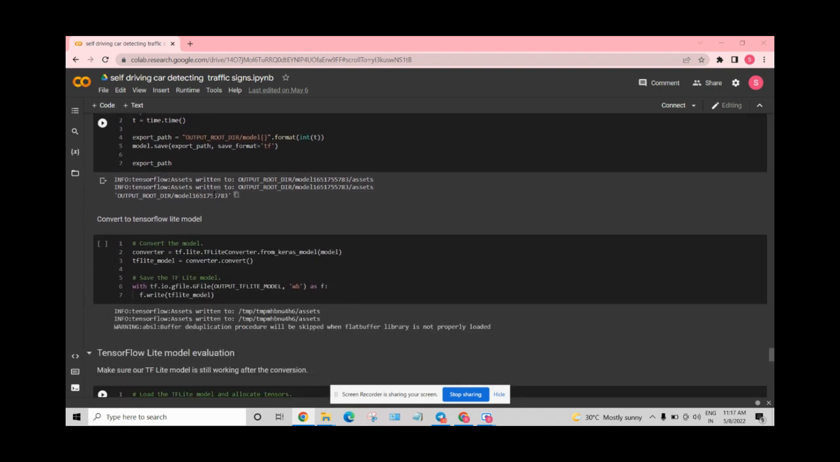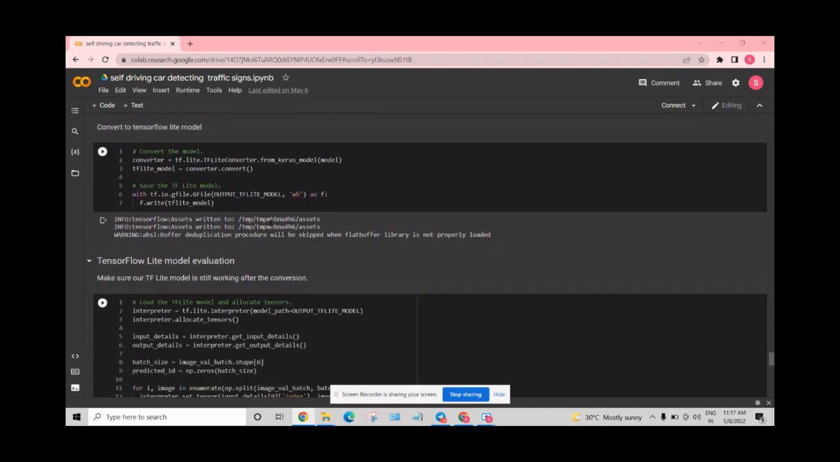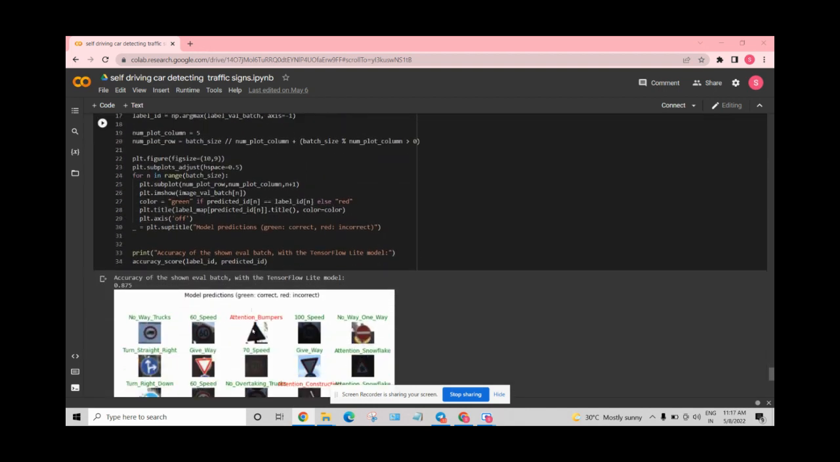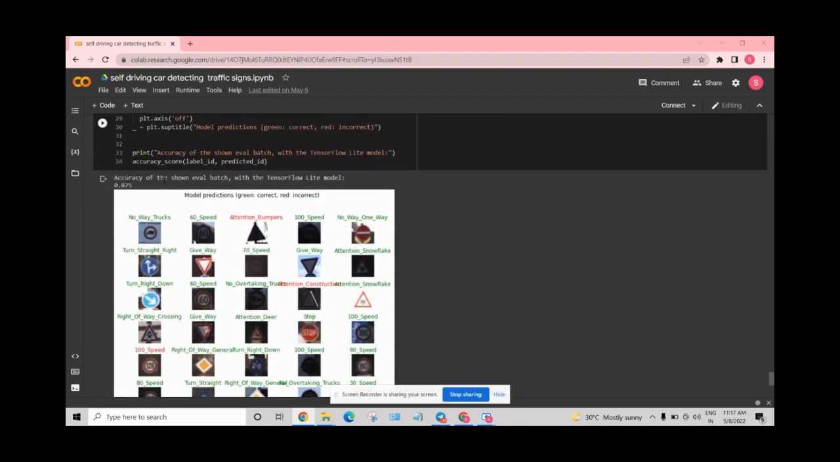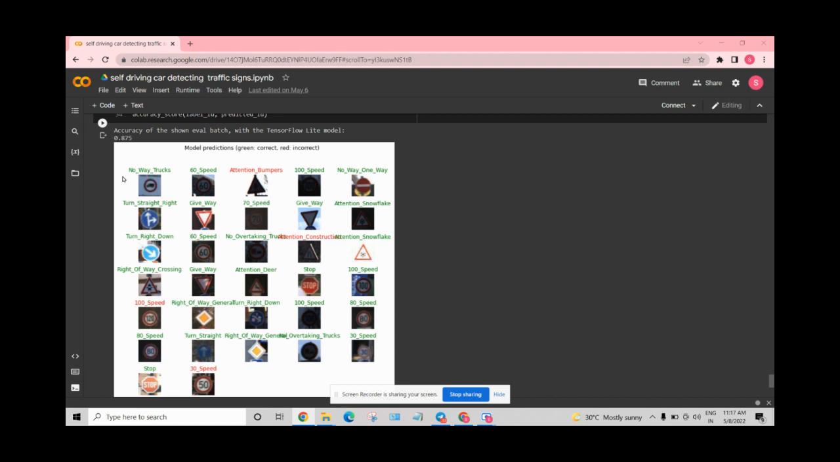We are saving the trained model, and we are converting it into a TensorFlow Lite model. And finally, we got the output like this. And now the accuracy is also the same as the test dataset, 0.875. Here you can see that the detected traffic sign is displayed in green color, and the one which is not detected is displayed